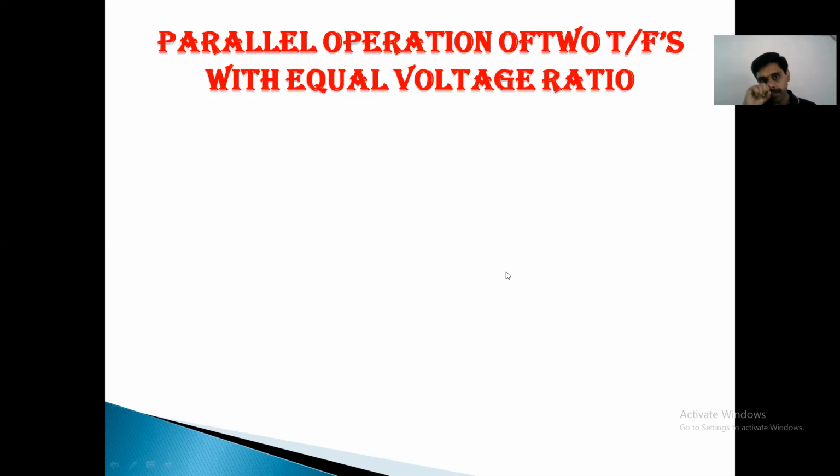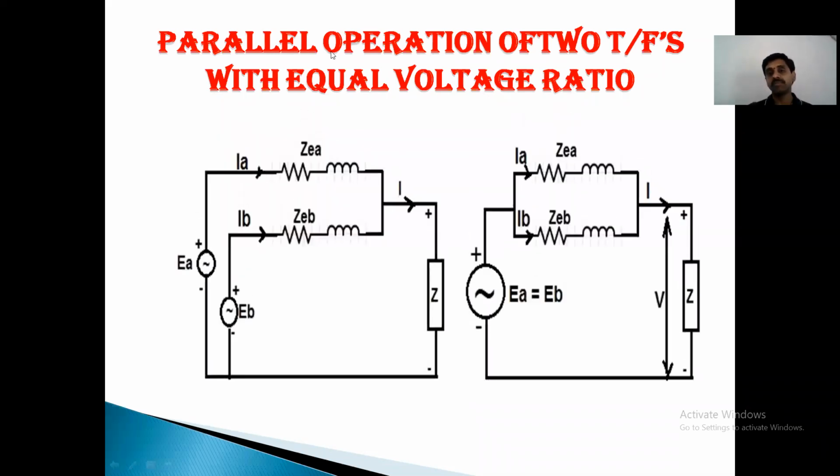So for the parallel operation of two transformers, here we will take two conditions: with equal voltage ratio, and without equal voltage ratio. These are two important points you have to consider in parallel operation. So we can see here EA is equal to EB, equal voltage ratio, meaning both the transformers' E1 E2 ratio is same. In such case, let us see how it would be. So we can draw the same circuit like this: EA, EB. Both are same, therefore EA is equal to EB. Applying Thevenin's law to this parallel connection, you can convert this one to this. This is the equivalent circuit.